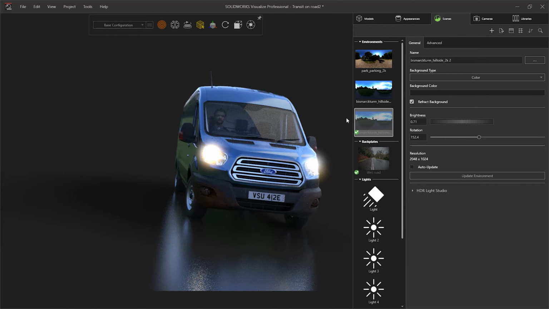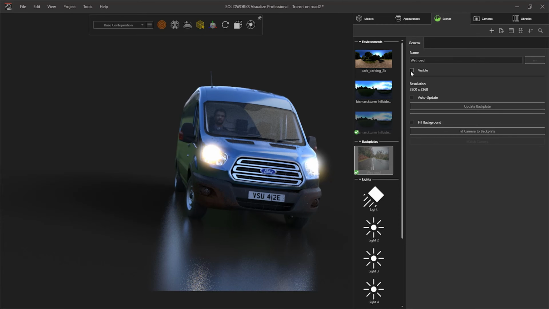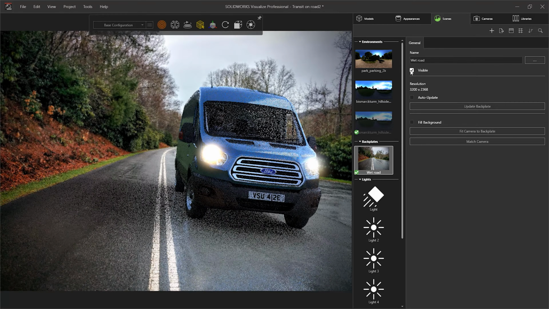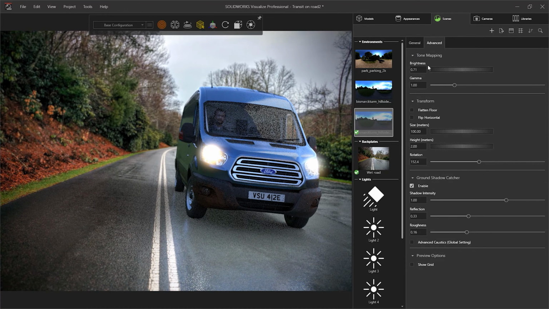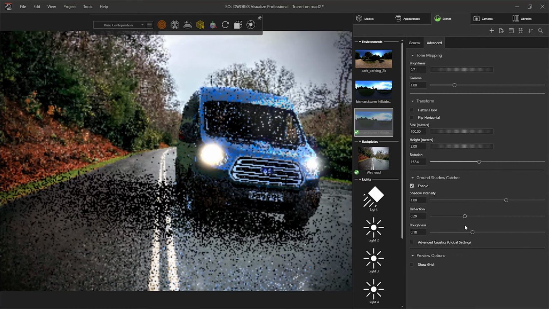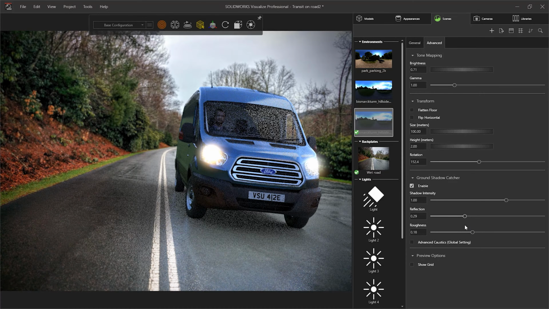The final reason you may want a ground plane is to add texture and bump maps to the ground reflection when putting your models on a backplate. In this van model, the backplate of a wet road needs a little reflection. However, the reflection is too clean. Even with some roughness, there is too much white hue and the reflection just doesn't quite fit the road texture.